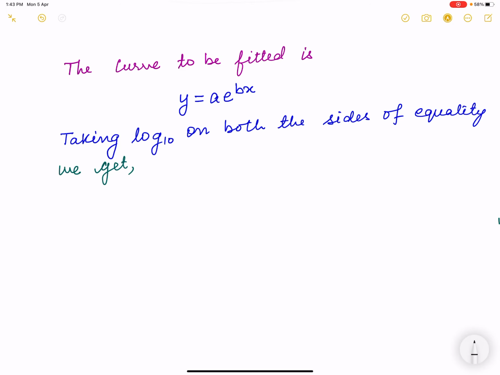Okay, the curve to be fitted is y is equal to a e to the power bx. We have to fit this curve. In order to fit this curve, we need the normal equations. And in order to get the normal equations, let us take log to the base 10 on both sides of the equality. So on taking log, we have